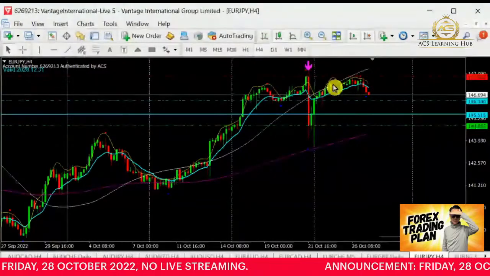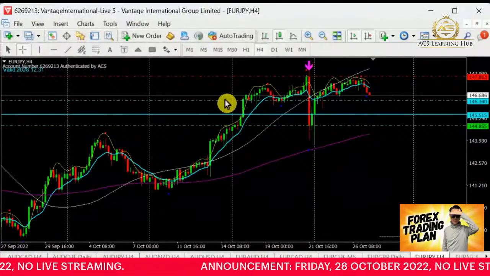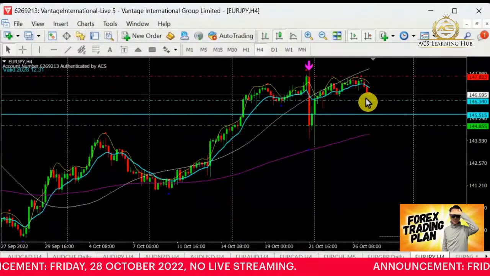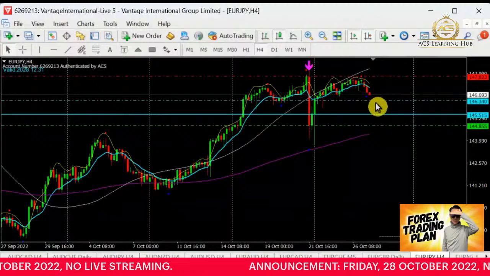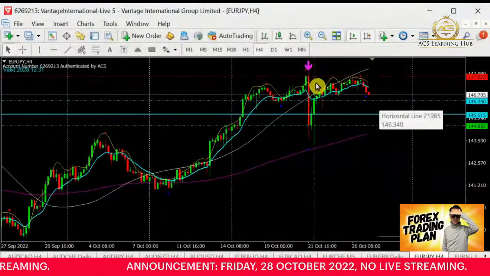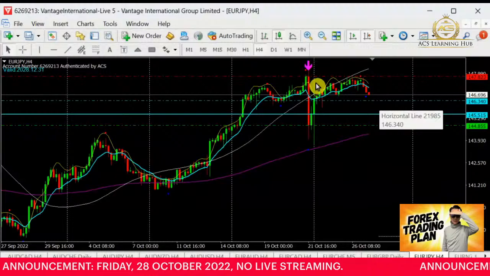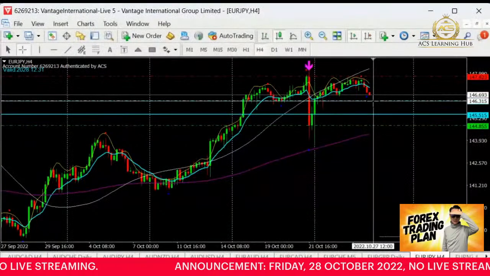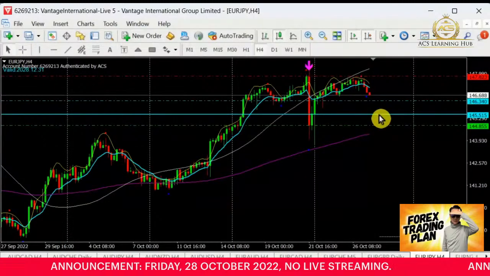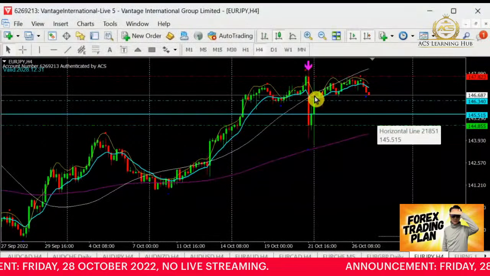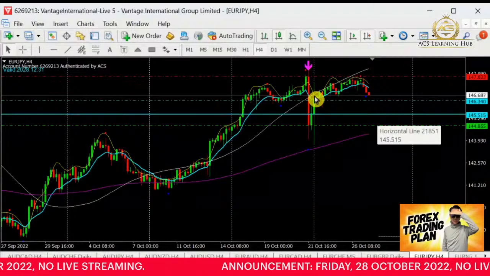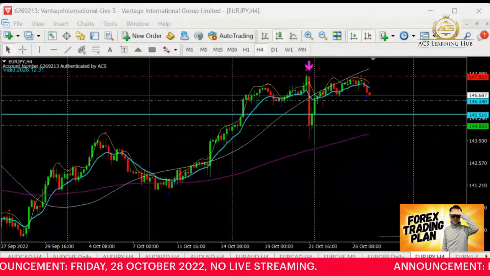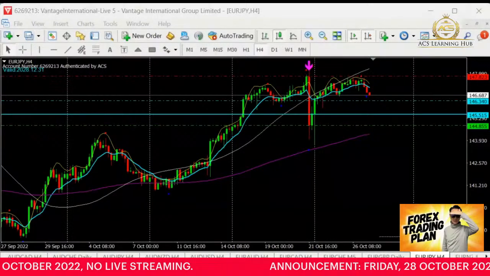Over here we are left with a little bit of space, about 33 pips away. So I would prefer to scalp along the way if it continues the selling. If not, let's wait for it to break this level, 146.340. Let's allow it to break this, and then later on we will have a good space for selling, with 145 pips to go. I guess that is pretty good. Patience will pay, so let's wait for Euro Yen to sell. I'm going to put Euro Yen into my watch list.